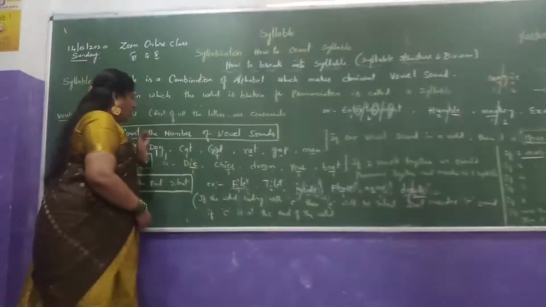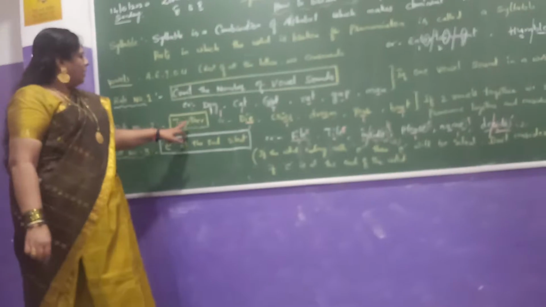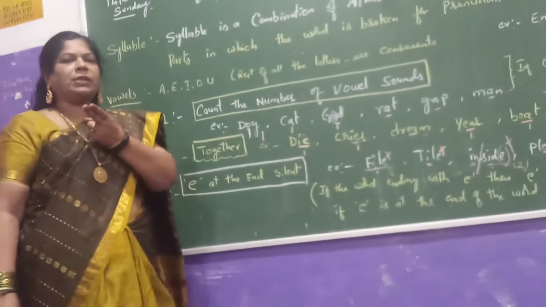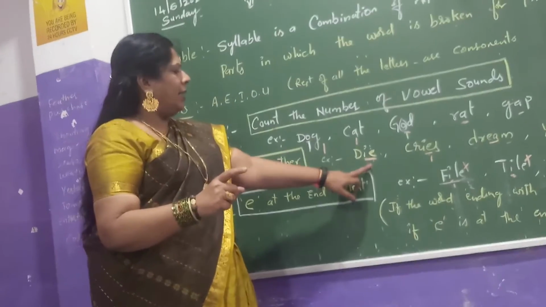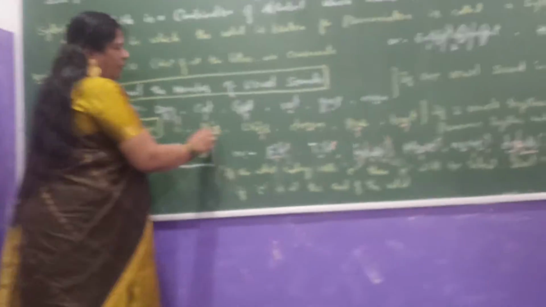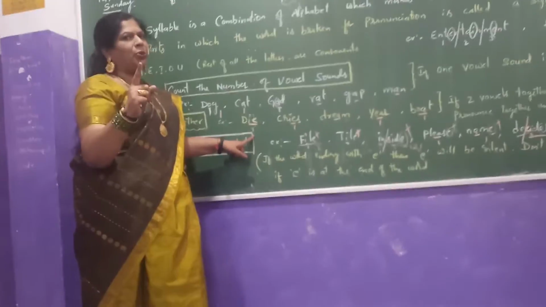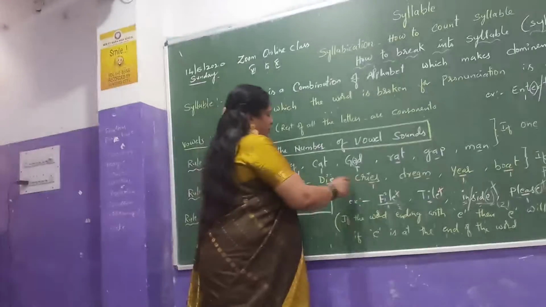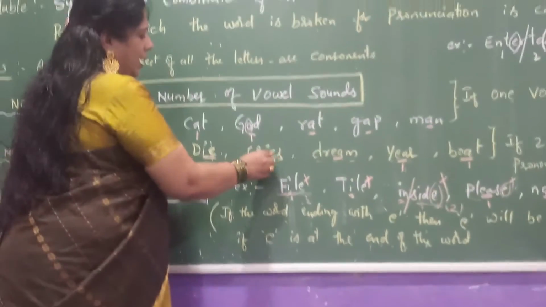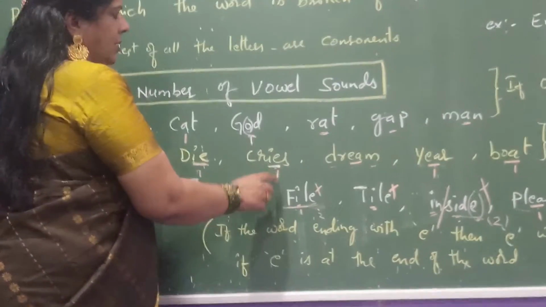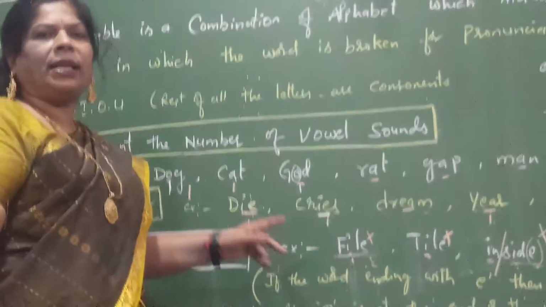So today we learn rule number 2, very important. Most of the children get confused in that. If two vowels come together, we have to consider it as one syllable. Here in die, the two vowels I and E are both vowels, but you consider them one syllable. That's the reason we read it at a stretch, die. Next, cries, C-R-I-E-S. I-E, two vowels came together, so consider it one syllable.